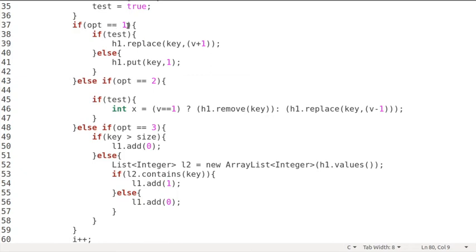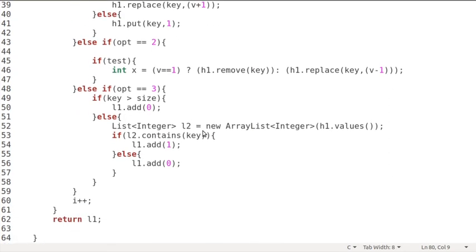If option equals 1 and if the element is available, then we will replace the key with 1, because we have to add that element, and if that element is already there, then it is quite obvious we just have to increase the frequency, means the value of the key. And else if it is not, then we will add 1 as the frequency.